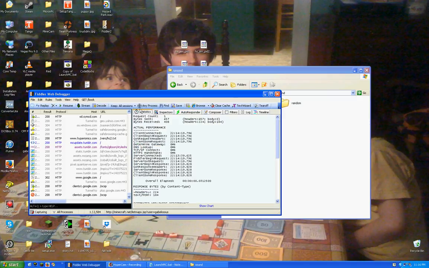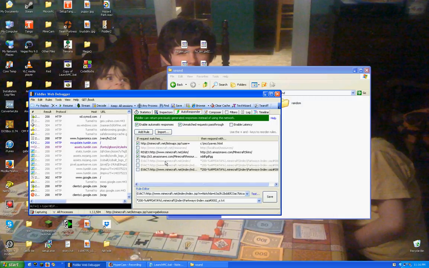You're going to start out on Fiddler at a page like this. You want to go to the autoresponder tab, make sure enable automatic responses is checked, make sure unmatched request passthrough is checked. Enable latency doesn't really matter, but for the sake of this video, just leave it unchecked, please. Then go to add rule, and you want to type in http://www.minecraft.net/resources/